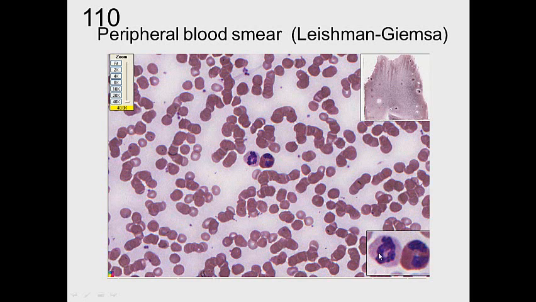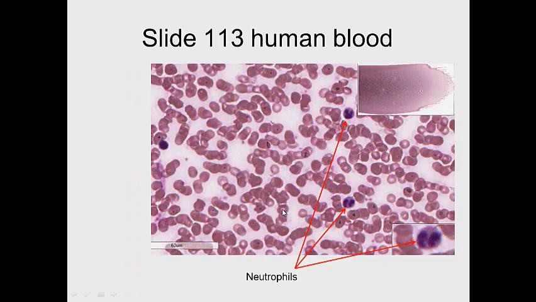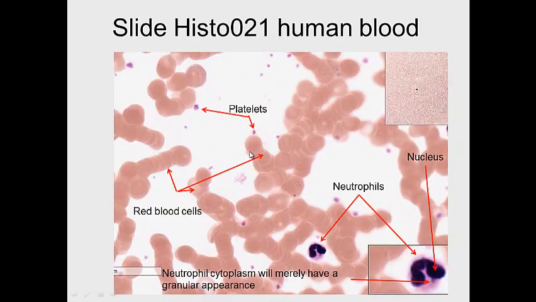Both of these have a lobulated nucleus, and both of them are about 12 to 15 micrometers in size. So here we see more neutrophils, and here's a basophil, with a lobulated nucleus and blue granules instead of red. More neutrophils, red blood cells, as we can see. Here we see the platelets, nicely staining platelets, and the red blood cells are stacked up through there, and